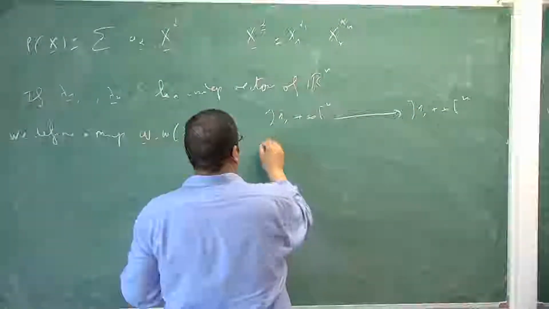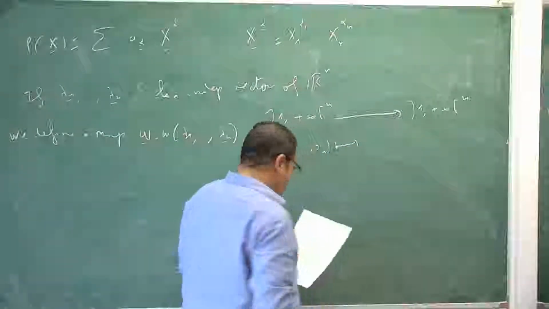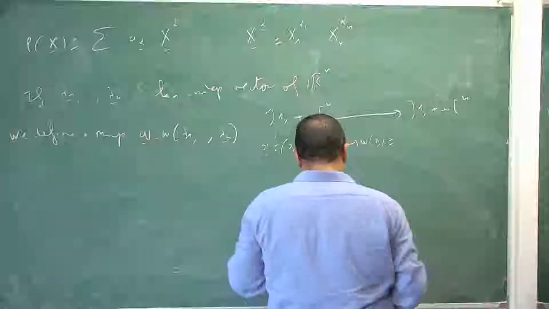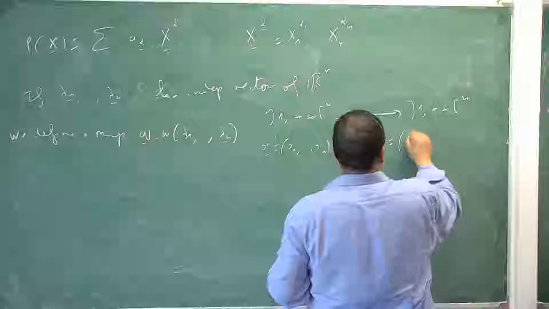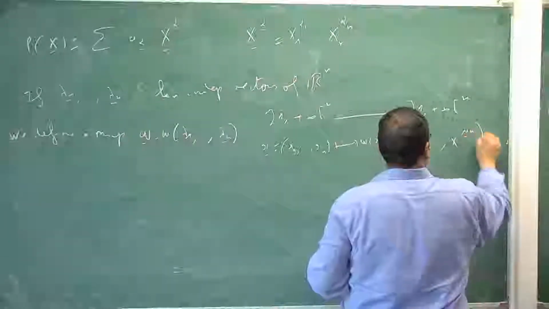So to x equal x1, ..., xn, we associate omega of x defined by x mu 1, ..., x mu n,